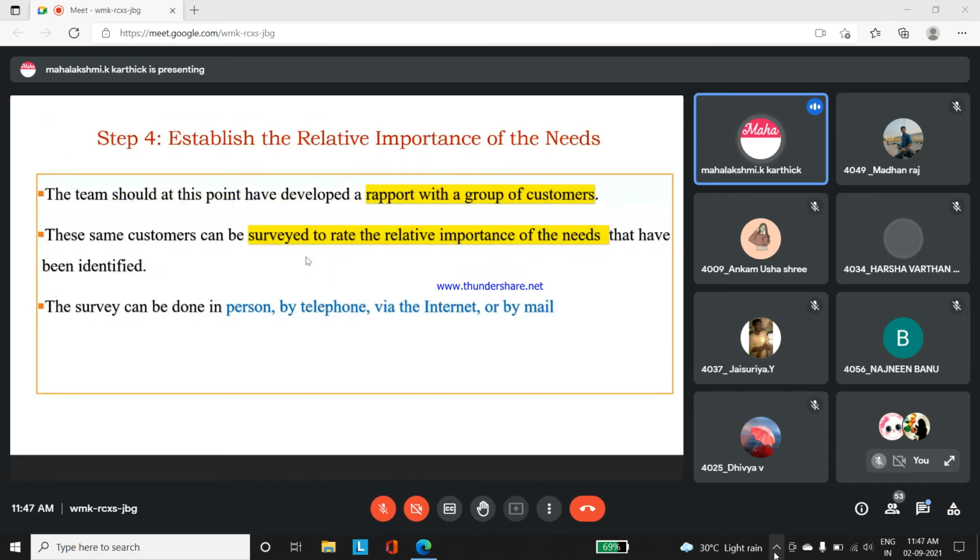Meaning, you have to communicate with the customer. That is very, very important. Step 4 is a very important thing for understanding the customer need. Why do we have to establish the relative importance of the needs? To clarify whether this is a real statement given during the discussion. Are these the real requirements needed by the customer for our product? So the team